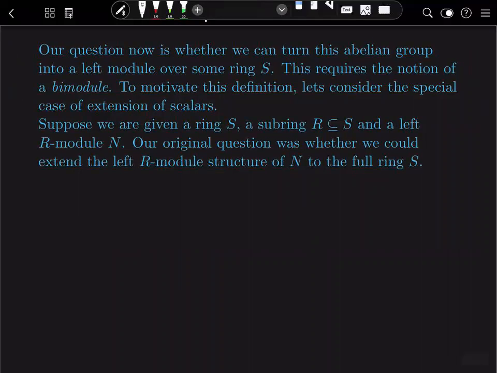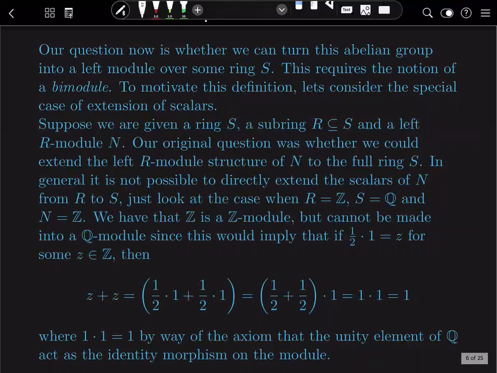Now, recall in the case of extension of scalars, we are given a ring S and a subring R of S and a left R module N. So we have a left module N over the ring R, and our original question was whether we can extend the action of R on N to an action of S on N. So somehow change the base ring in a way that's compatible with our original R module structure. Now, just to review, this is generally not possible